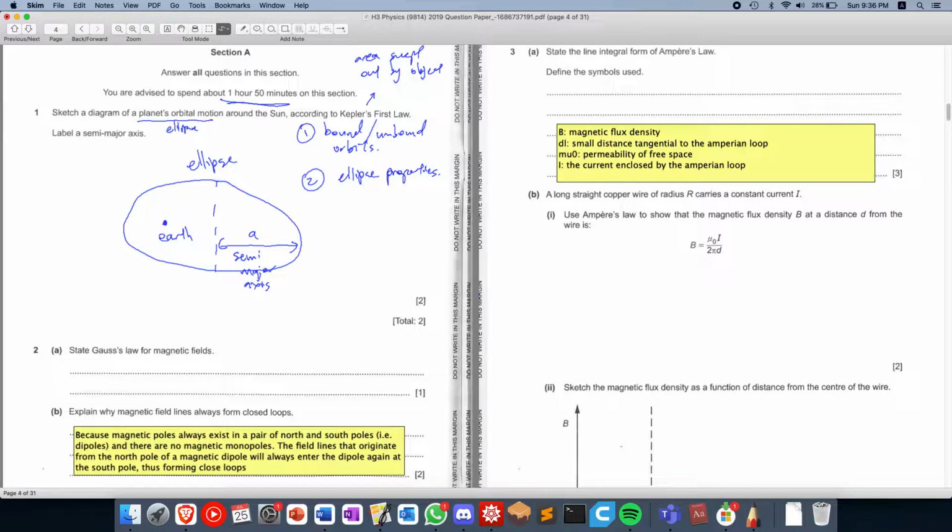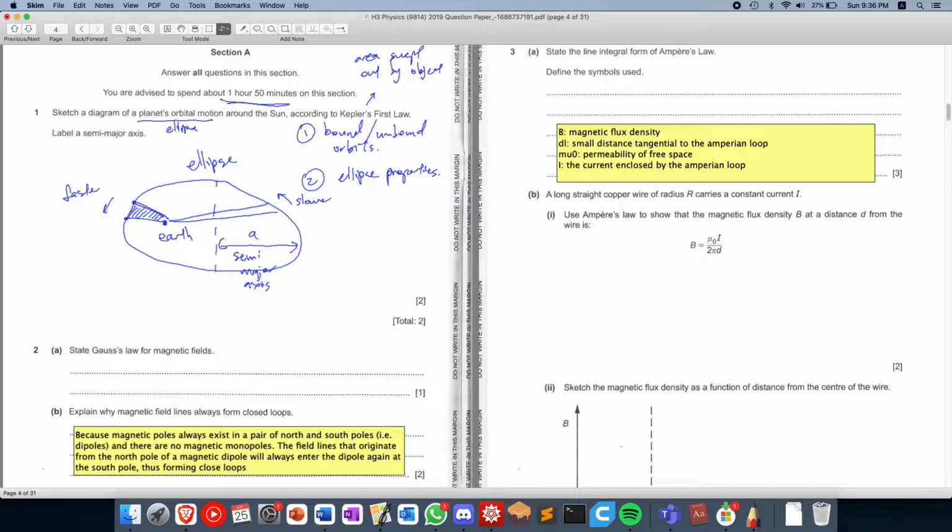So for example, what that means is that when the object is near the Earth, then when it sweeps out, it moves at faster velocity. So when the object is near Earth, it moves at faster velocity and sweeps out some area, whereas if it's further away, it moves at slower velocity,